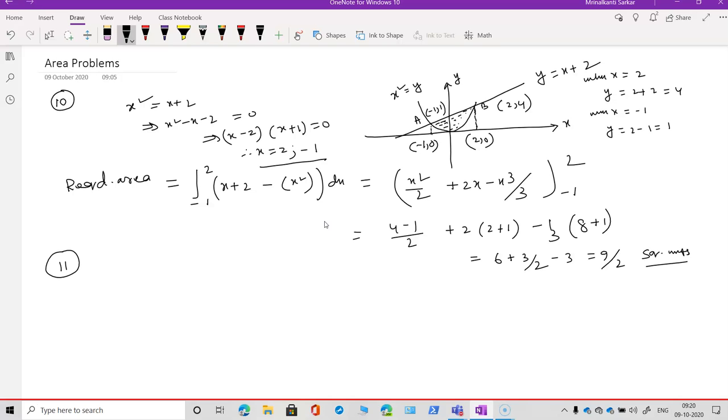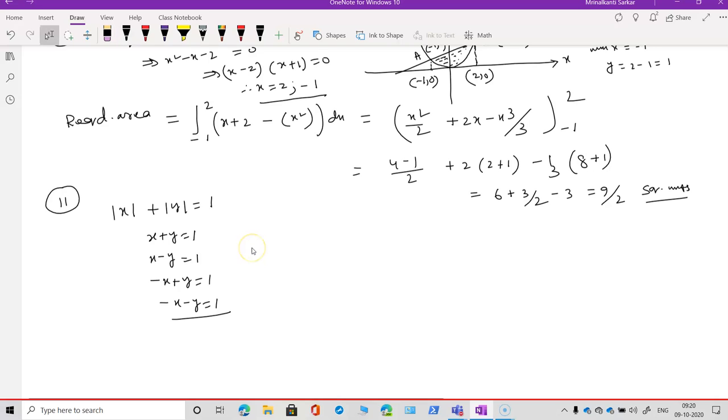Number 11, it is mod x plus mod y equal to 1. So by taking plus and minus signs before, remember we will be getting 4 lines over there. The 4 lines involved with this equation are x plus y equal to 1, x minus y equal to 1, and minus x minus y equal to 1. Okay. So if we start plotting the 4 lines,